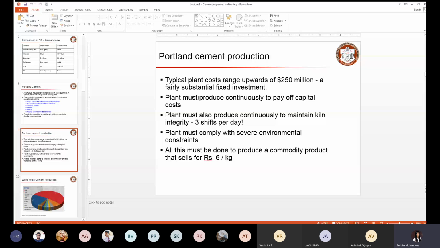Okay, so that's not something ordinary. If there is a plant, it requires some fairly substantial fixed investment to start processing this function. And also, to meet this investment, the plant must produce continuously